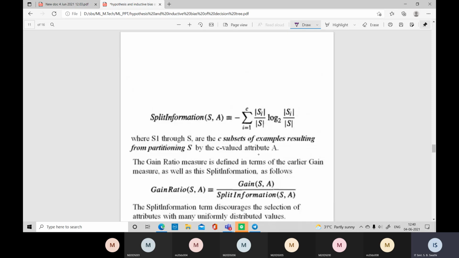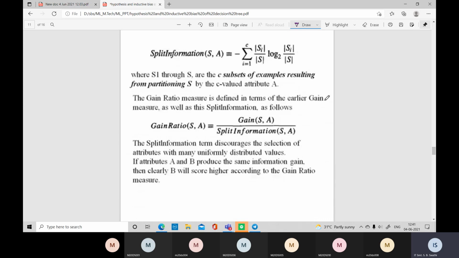Now, how do you calculate the split information? Like entropy and information gain, here also there are some formulas which you have to apply. This split information has to be calculated for each and every attribute separately. Now, what is the difference between attribute and instances, students? Attribute means a single unit. Instance means the complete row of attributes. So attributes are columns, the features. Now, for each feature we can calculate the split information.